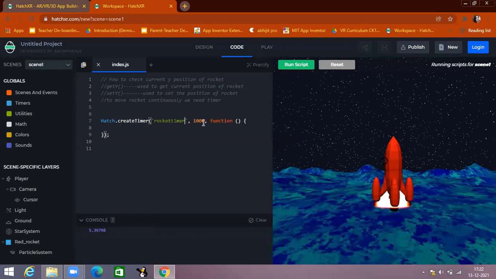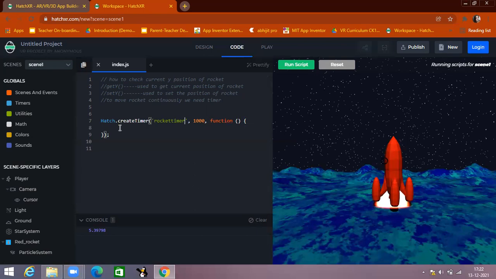And this is the 1000. What is this 1000? 1000 is the time in milliseconds that the rocket will take for changing its position from one position to another. So you can change the 1000 according to your choice.